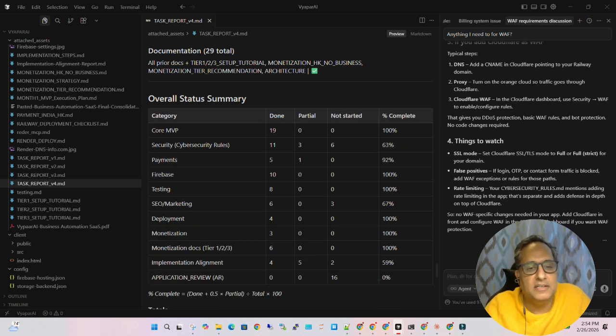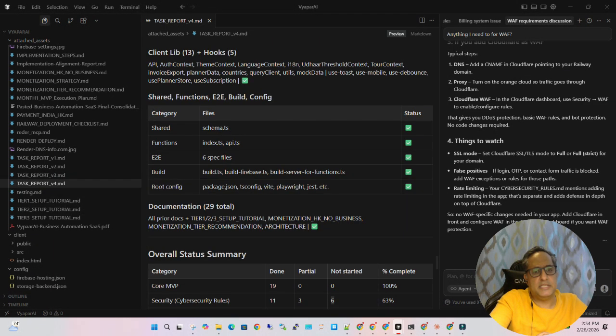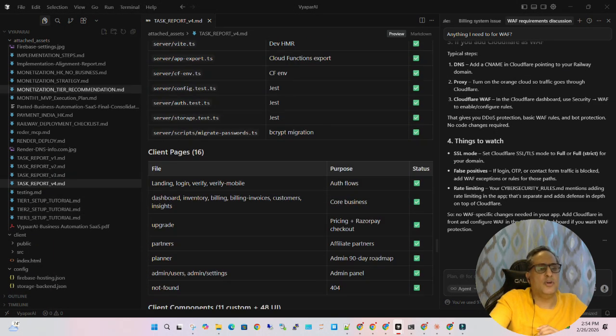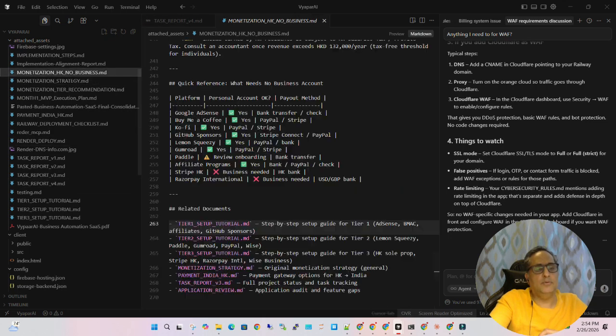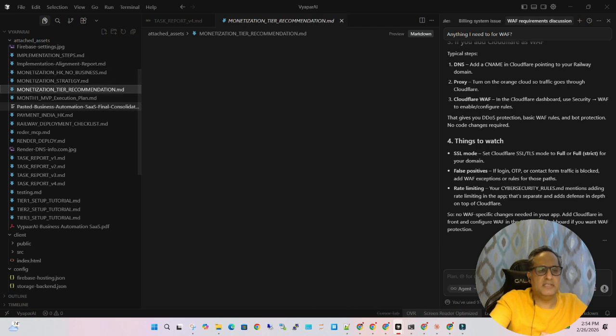However, I have done all this coding part using vibe coding, but I have not implemented it because this requires a country's things. You cannot do that immediately. Cyber security, whatever is possible, I have done. There are some things I cannot do because I have not purchased any domain. Those things can also be done if I purchase the domain. So each and everything is documented here: if you have to earn money, what all things I have to do. I have done all this